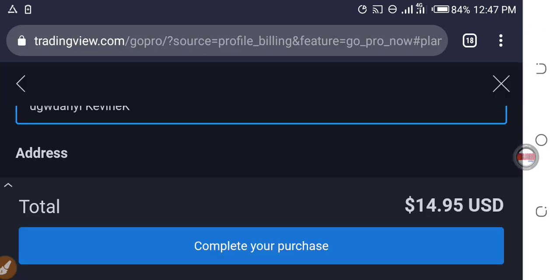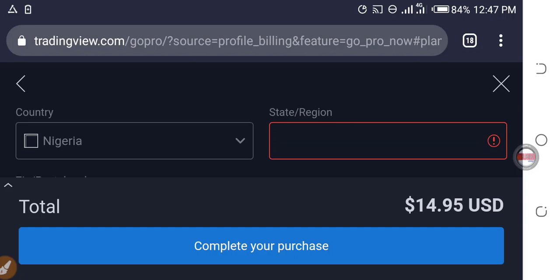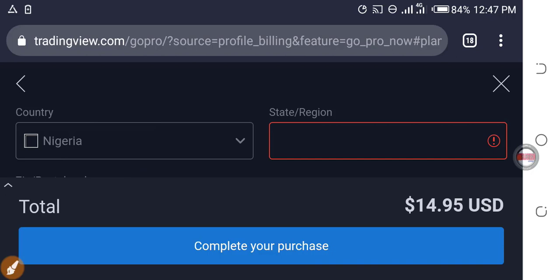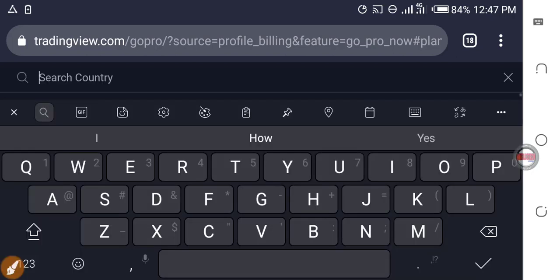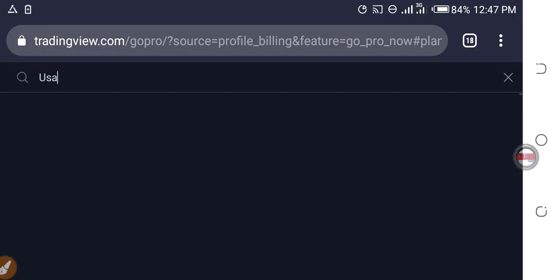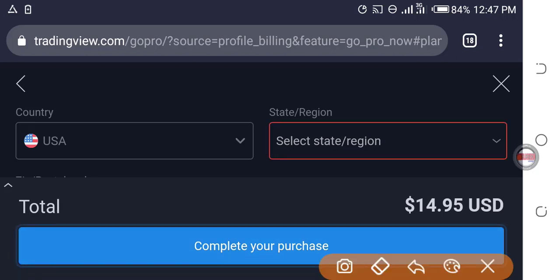Here it requires us to fill in the billing address associated with the card, as you can see. What I need to do is to select that the card is a US card in dollar currency. So USA. I select USA. Here it requires me to select a state or region. So California.